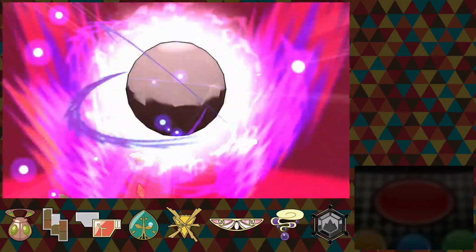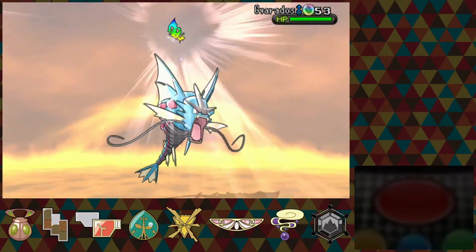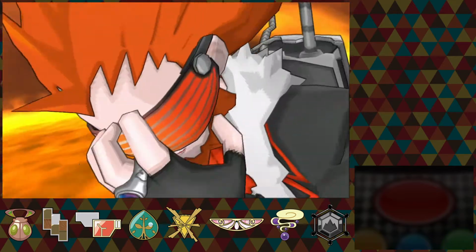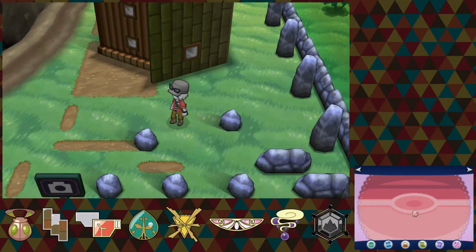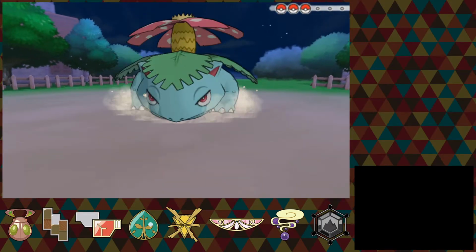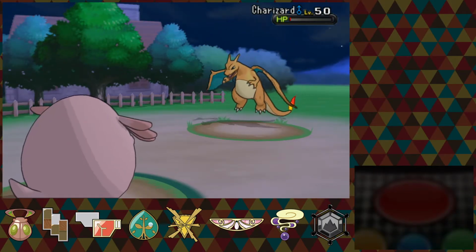Another Return takes out the bird, and then it's time for his Mega. And we completely wreck it with a critical hit Double-Edge. What a loser. And that's it, back to being a kid. When we arrive in Kuroe Town, Sycamore challenges me to another battle, but the 3 Kanto starters simply quake at